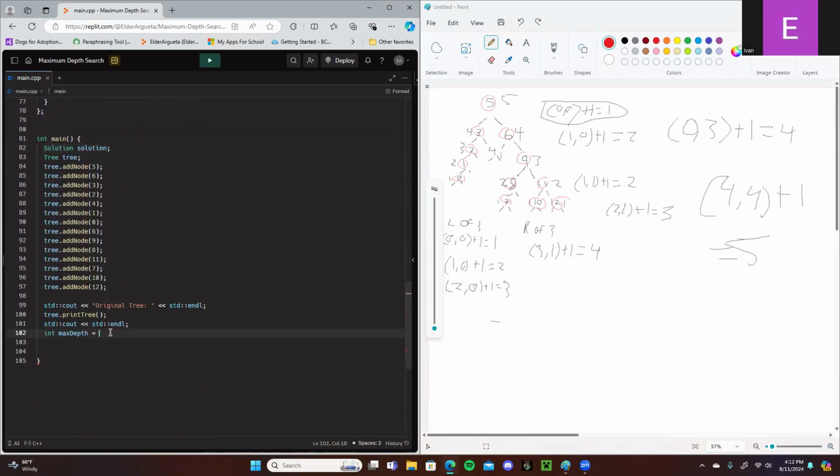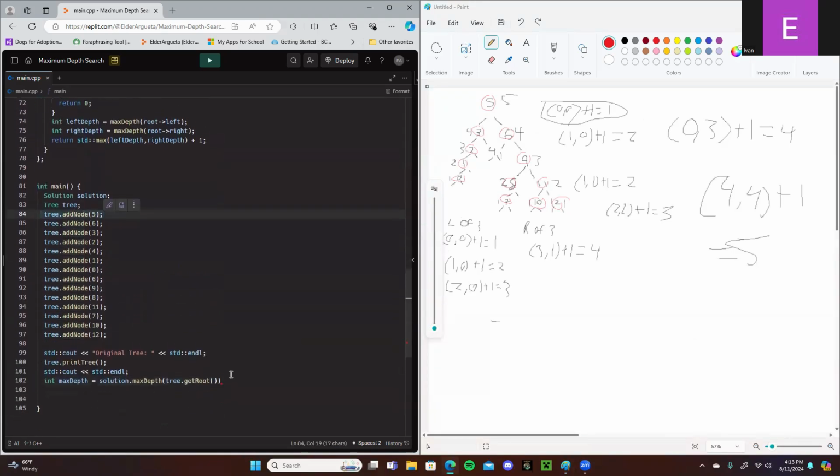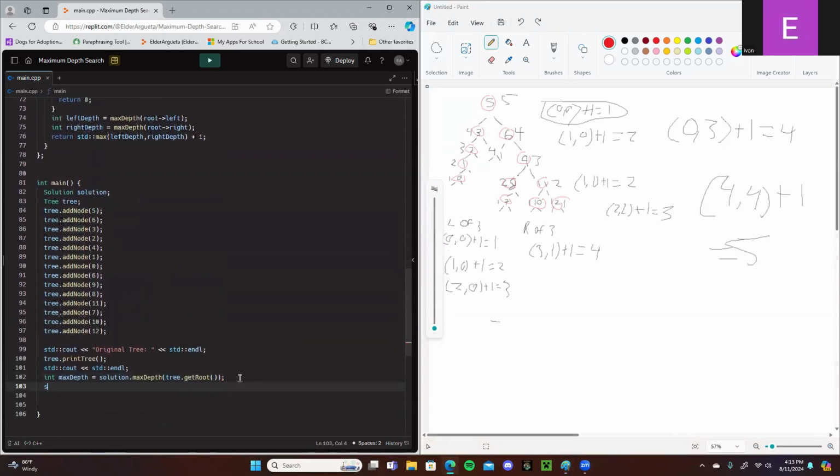So we say int max depth is equal to solution dot max depth tree dot get root. So it would get the root 5. std::cout max depth of tree, max depth, and endl. If we run it,